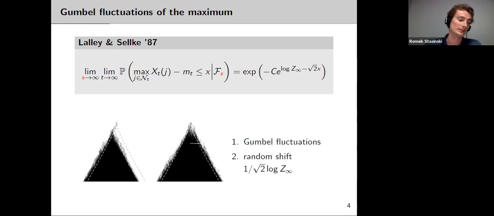Before we state what the derivative martingale actually is, let's just get some intuition about where this shift might come from. So thinking about the initial stage of the process, imagine that with some probability, your first particle could shift to the left by a significant amount, or it could shift to the right by a significant amount. In both cases, this introduces a lag, which is propagated in time. And that's actually the random shift that we recover when you look at the relative position of the maximal particle with respect to m_t.